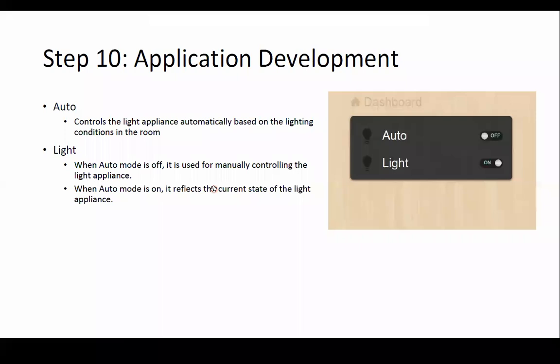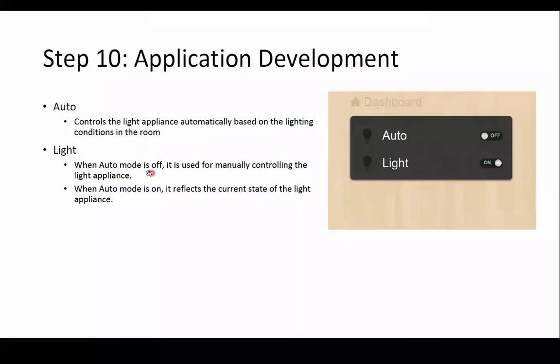And the last step of this home automation case study will be application development, the actual application or coding part. So there will be one mode, that is your auto mode, and the second one is light mode. In auto mode, it controls the light appliance automatically based on the lighting condition in the room. That's why it is named your auto mode. And the second mode is light mode.